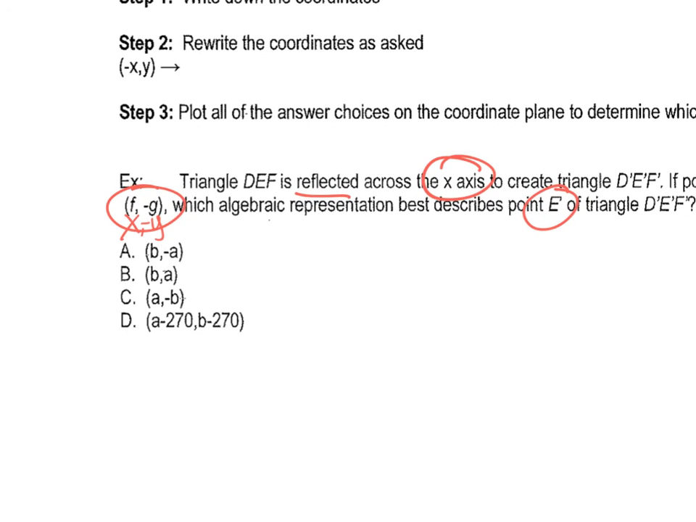Okay, and all my answer choices are a and b. So in the alphabet, which one comes first? a. So that means this is saying (y, -x). This is saying (y, +x). This is saying (x, -y). And this, since it's saying minus 270, that's a translation. Okay, so the only one that matches is going to be